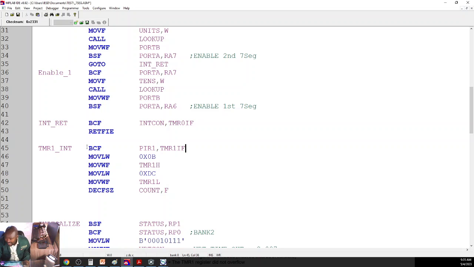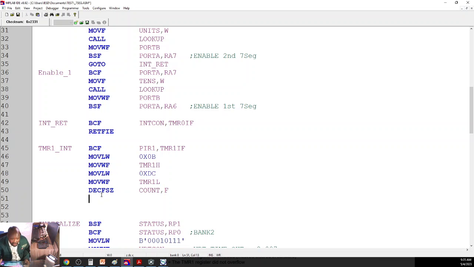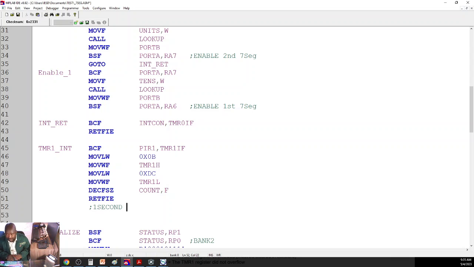Now, after clearing the flag, I load the offset. Check if this is the second interrupt. If it is not the second interrupt, just return from interrupt. If it is the second interrupt, then it means this is the 1 second interval. I want to load 2 again, so that to get another 1 second, I need to have 2 revolutions. So move 2 into W,